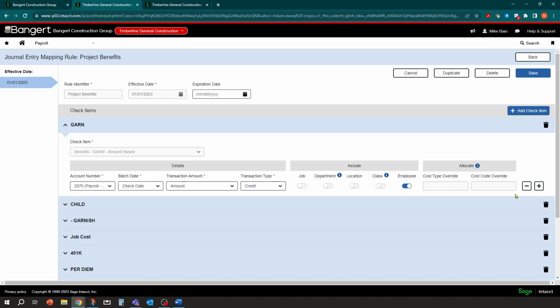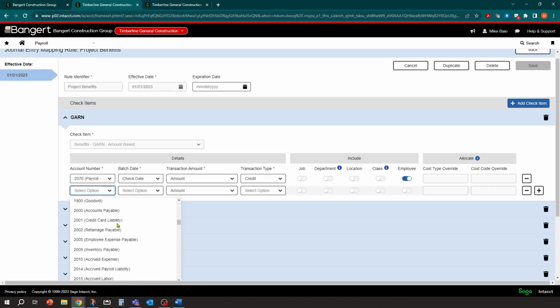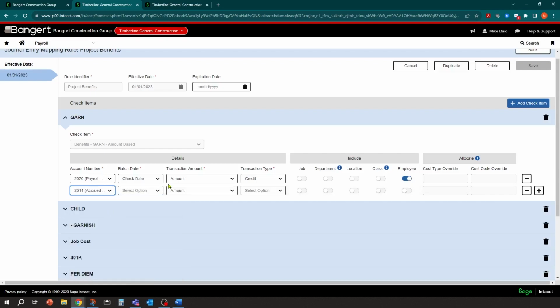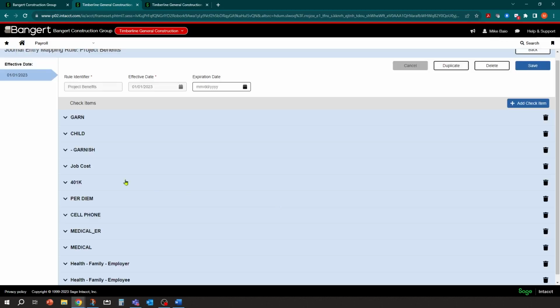And then the other side is going to be whatever account you're using for your net pay account for your accrual. In my case, I'm using accrued payroll liability, and that'll be my debit side, which is going to reduce the net pay for the employee. And I also like to track the employee here as well. So you just want to make sure that journal entry mapping is set up for you. Click Save. Click OK. And so now we have that journal entry mapping set up.